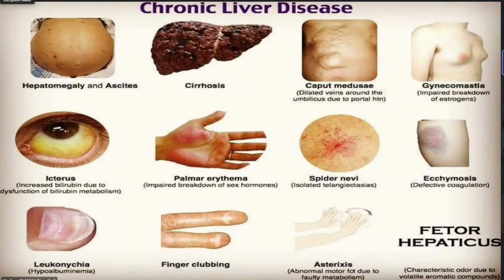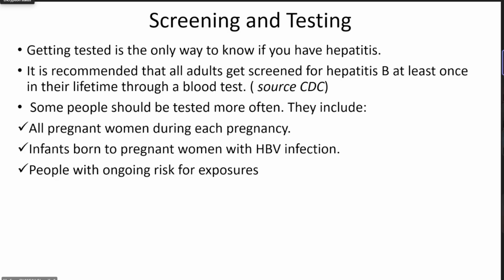And then those who have chronic liver disease, because of the buildup of waste substances in them and all that, they have something we call fetor hepaticus. With that one, there's a characteristic odor from their mouth because things that are supposed to leave your system are not leaving. So you end up having that odor in your mouth, which is also not pleasant. So what's the next or the advisable thing to do?